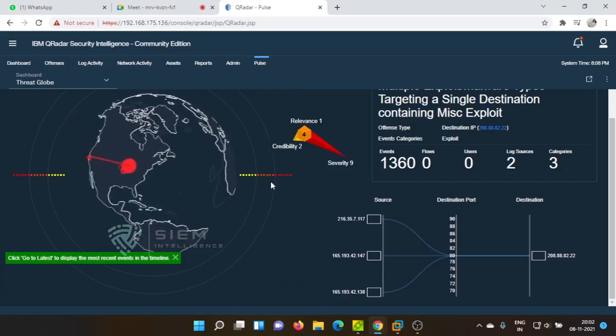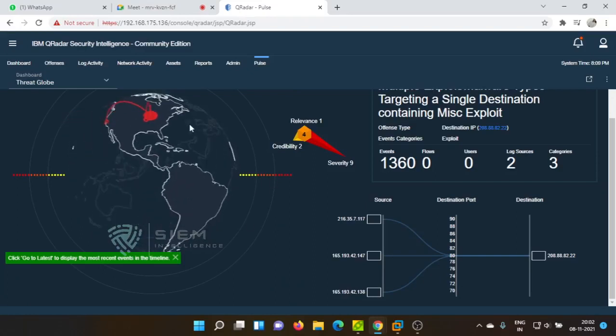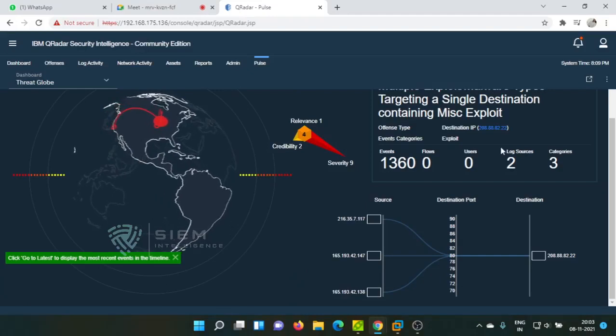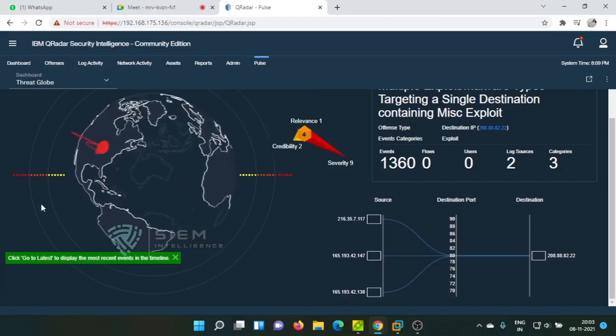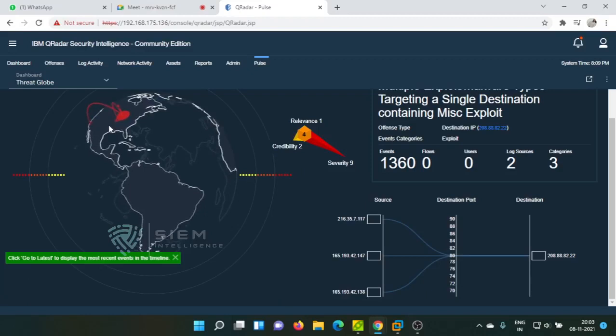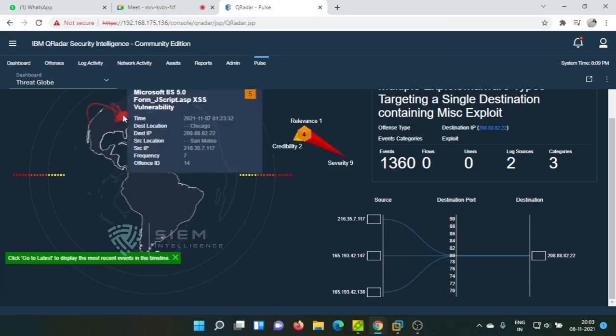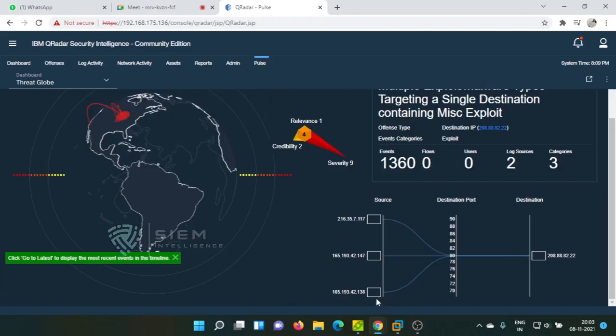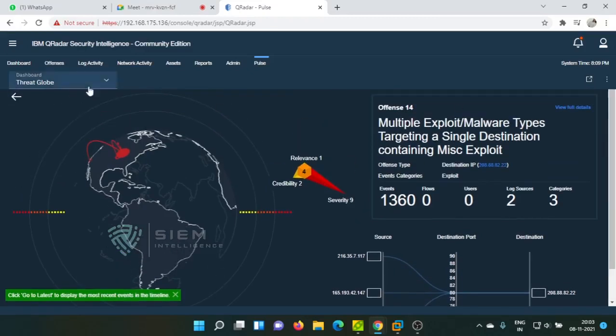Now if you see, the activity is something like this. They are coming from this one, and here only, all three. Very similar locations. That's why it is not showing. But in a real-time scenario, see, 1, 2, and from 1 is internal only, internal activity. This one is almost internal, very near, and these two are external activities. This is how you can do a globe. You can see the globes.